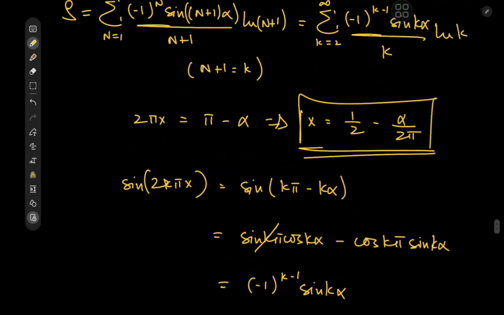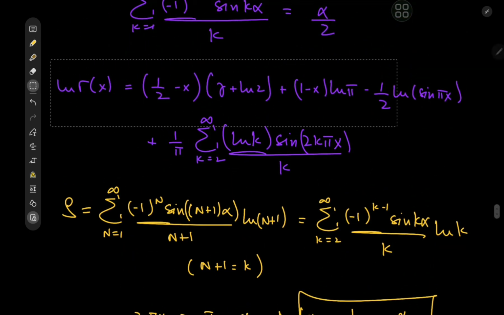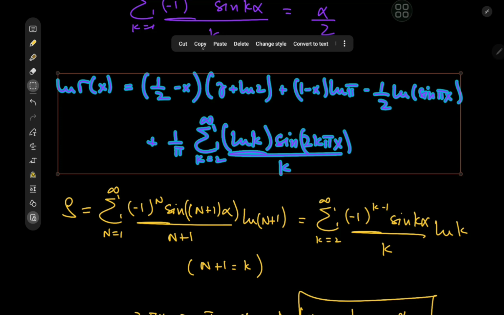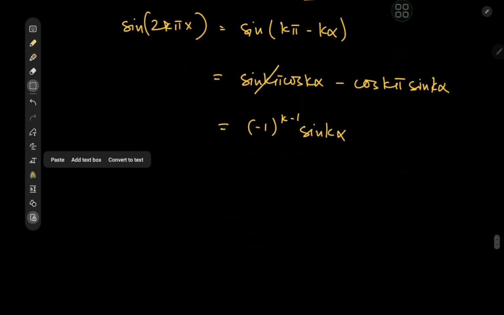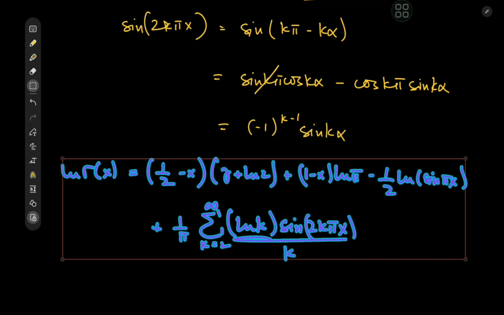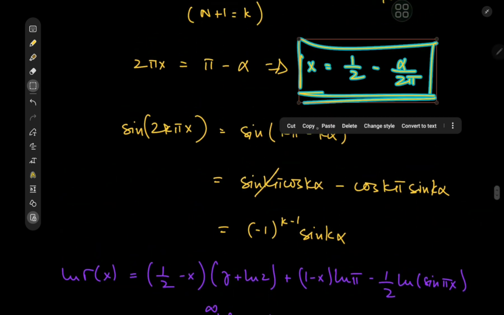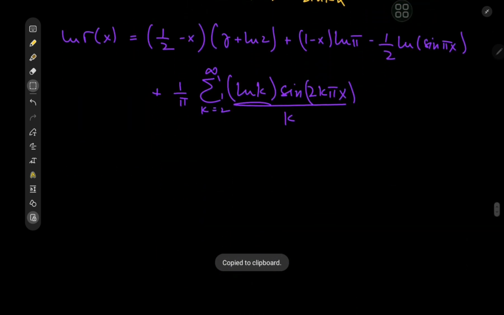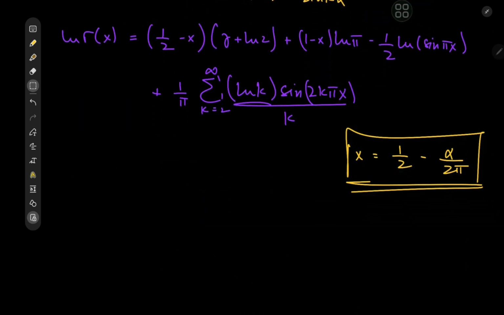But what about the other terms in the Kummer series that I should copy down? And I'm just going to copy the whole thing. And there we go. Knowing that our value of x is in fact, again, I'm going to copy this down as well, just to make sure I don't mess anything up. Our value of x is in fact 1/2 minus alpha by 2 pi. So we have